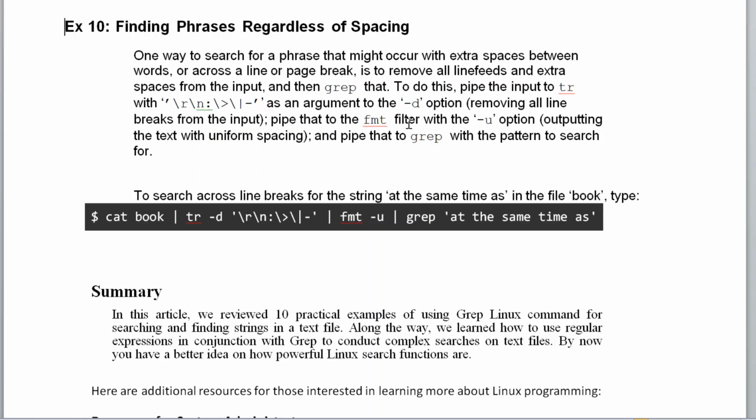So to do this, we're going to pipe the input to tr. We're going to do that with the single quote, \r\n colon \greater than sign \pipe dash single quote. Okay? So a lot going on there, a lot of backslashes. We're going to put that as an argument to the -d option, removing all line breaks from the input,